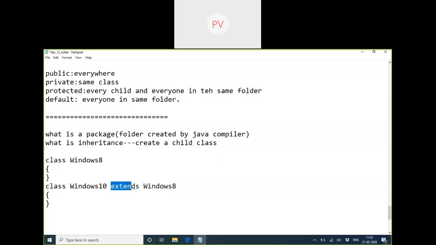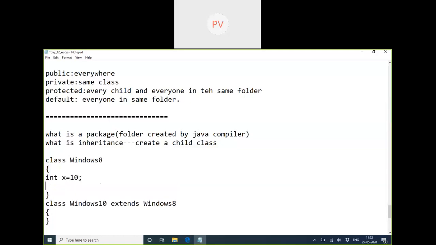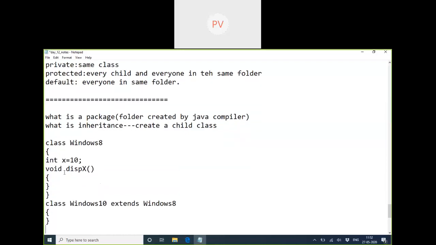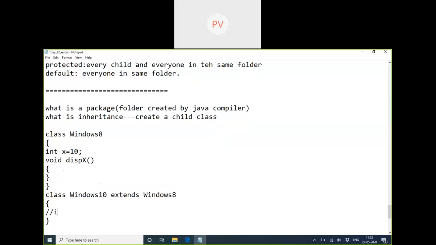extends. Whenever I use this keyword and connect to some other class which is already developed, whatever is there inside that class, that data, that logic, whatever methods you have written there, will automatically be passed on. This is inheritance, or simply say the child gets everything from the 8 version to the 10 version. So it's like reusability. The main concept is reuse. The inheritance purpose we will see in detail tomorrow.